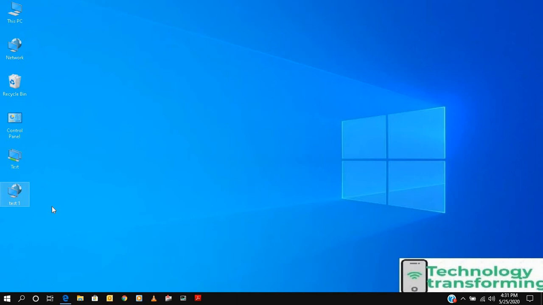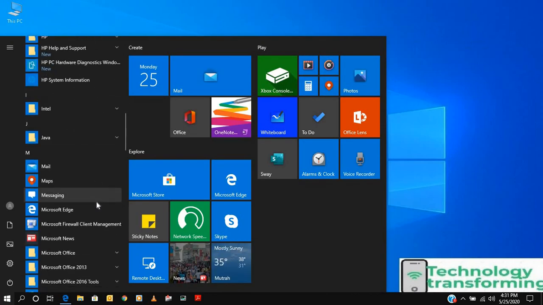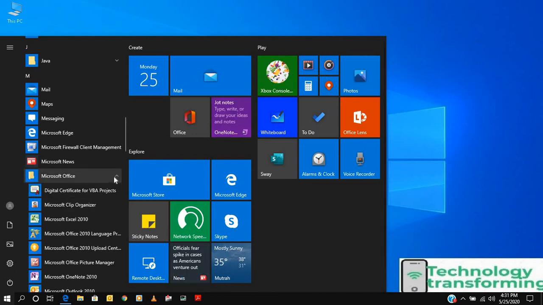Now we will create some shortcuts for programs. Suppose you are using Microsoft Excel or Microsoft Word many times every day, opening and closing it 3, 4, 5 times, and you want to create a shortcut as per your convenience. So you just go to Start, then Microsoft Office.